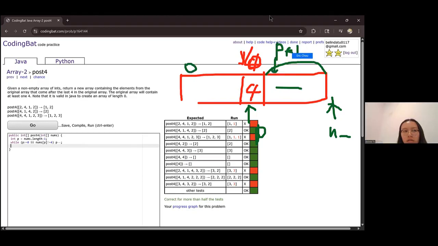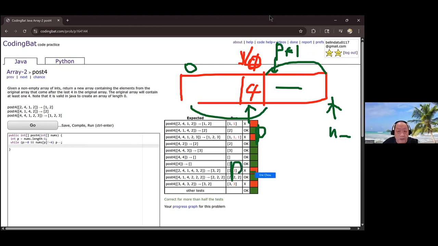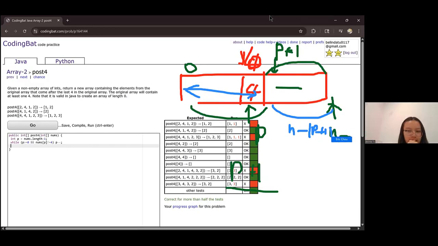This part would be p plus 1 number of elements. From here to here is p plus 1. So this portion is nums length minus p plus 1, right? So basically right here, you should have